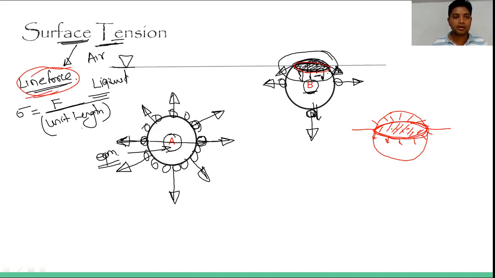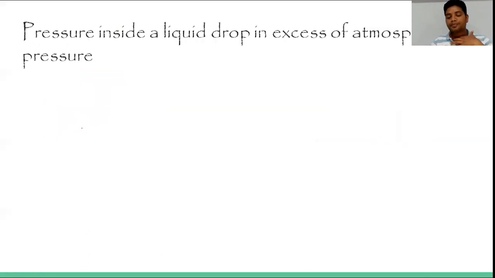Okay, so I think this phenomenon, the concept of surface tension, is clear to you. Now, for better understanding, we are taking two examples. The first example is of the liquid droplet. What this example means is we are just taking a liquid and dropping a liquid droplet over the stationary surface.